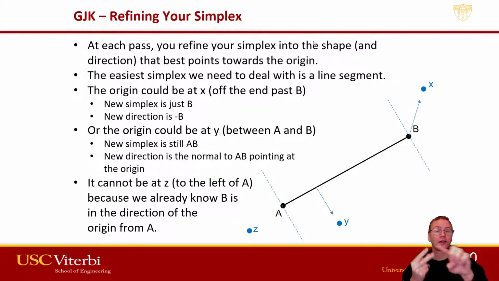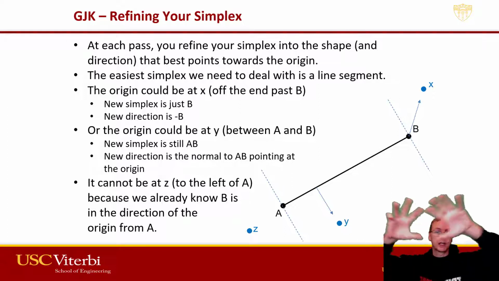Refining it means, are there any of these points in our simplex that we no longer need, that are not helpful? If so, we'll throw those out and go looking for more points. We will always then go looking for more points. What direction should we look is really the question. We're always trying to, in Minkowski space, enclose the origin. So when we go looking for more points, look in the direction towards the origin. We're trying to enclose the origin. So don't just look to go to the origin, try to go past the origin so that you can surround